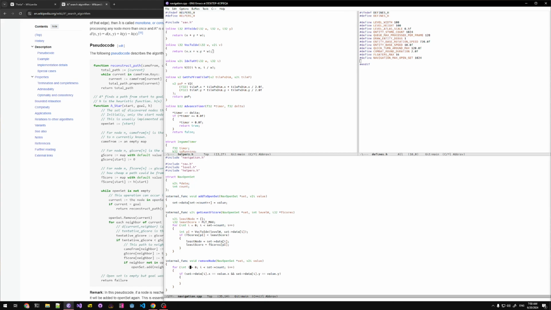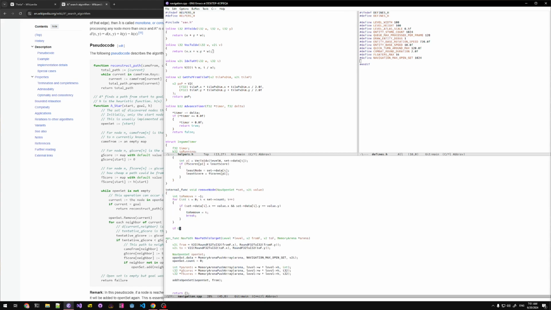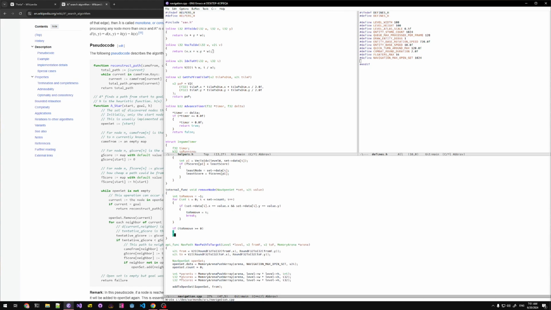I guess I can just stop the loop. Okay. To remove equals to i. And then if to remove is greater or equal to 0,